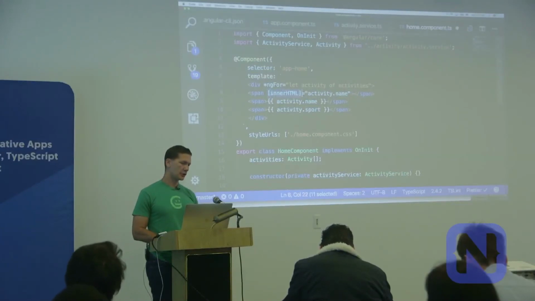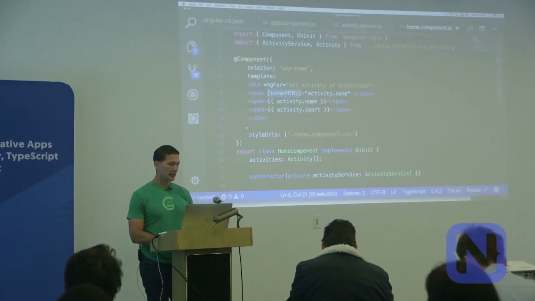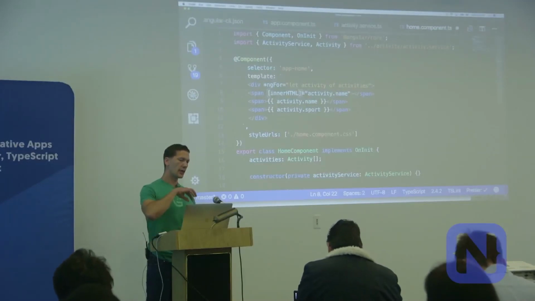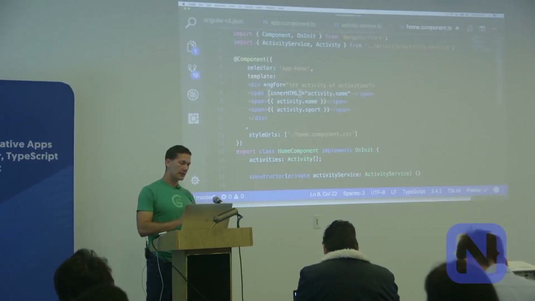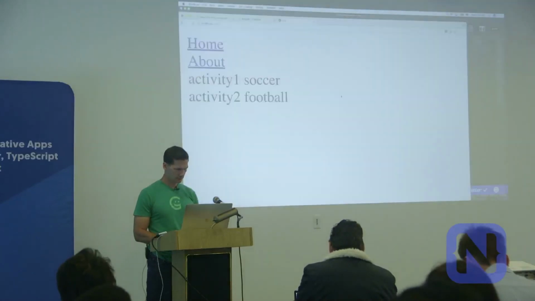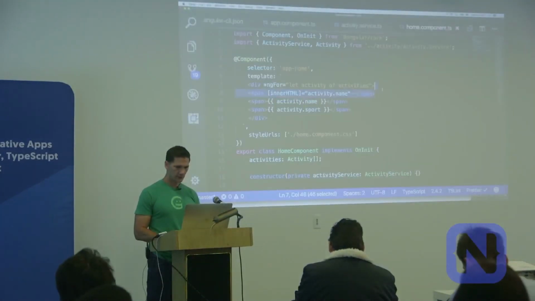Like the curly braces do binding, but the brackets do binding as well. The brackets are setting whatever the value or variable is to the underlying property. There is a property inner HTML of that element, and it's setting it. Activity 1, yeah, so this will do it twice because I'm listing the name twice. If I remove this, it should, yeah.